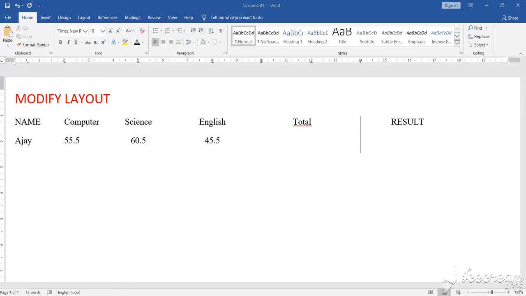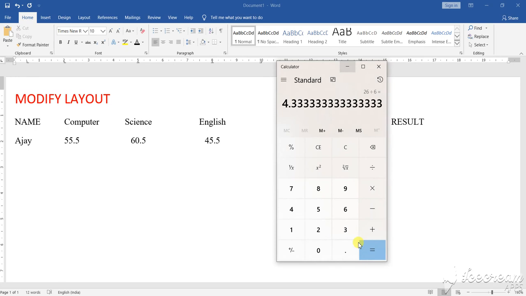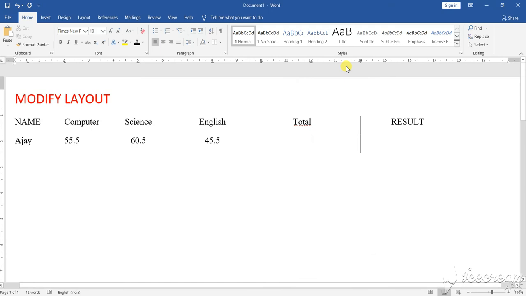Use the calculator. 55.5 plus 60.5 plus 45.5, okay, equals 161.5. So 161.5. Now the result I am giving here in the result section, passed.